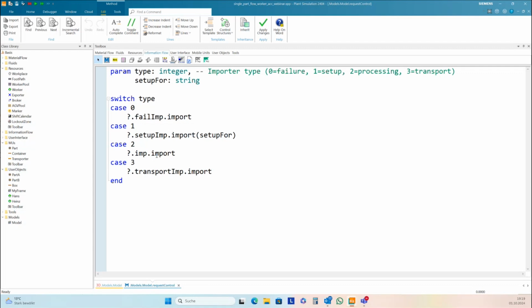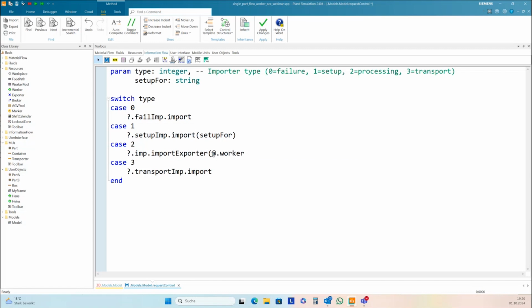And there's a method import exporter. And with import exporter, I can import a special worker, and add here the part that's now here in the station, and add point worker.